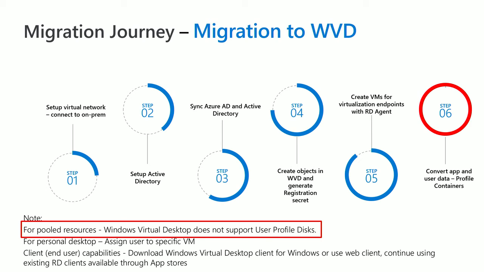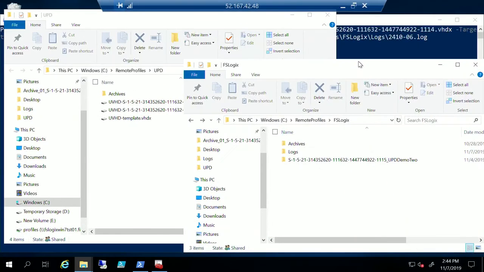All right, so as I mentioned earlier, Windows Virtual Desktop does not support UPD. So you will have to do this extra step if you are using UPDs in your on-prem environment. You can decide to convert the UPDs first and then migrate that to Azure, or you can migrate your UPDs to Azure and then do the conversion. It really doesn't matter. I'm going to switch to my demo environment, and I'm going to show you a VM